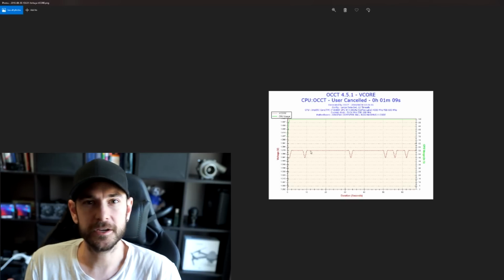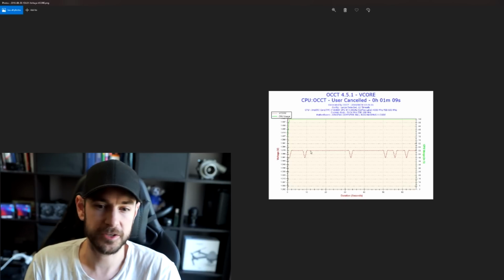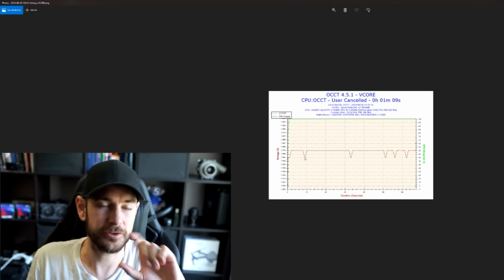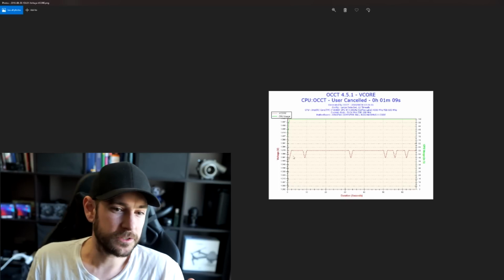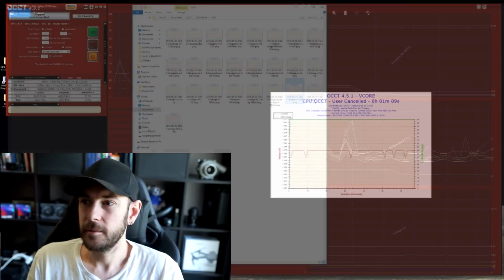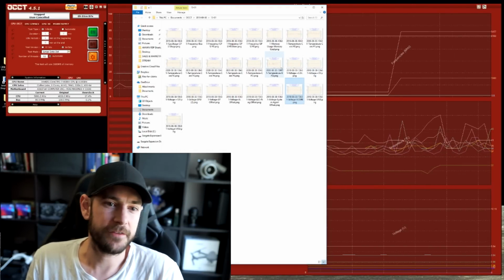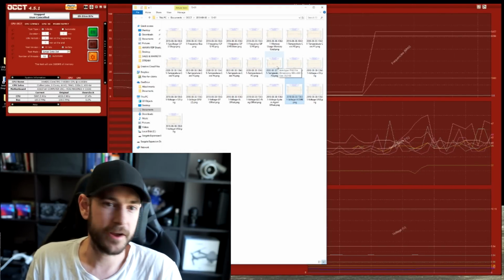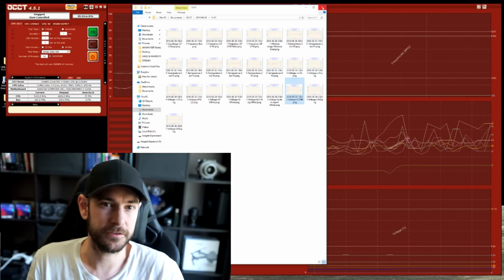Now, importantly, because we're only using the motherboard to measure here, we're not getting a really fine scope of measurement, and it does tend to fluctuate between those two values. So we can probably say that the actual voltage is somewhere around 1.368, but that's not really important here. These logs are really useful to check that everything was working normally and there were no crazy spikes in voltage or temperature through the duration of the test. So that's really valuable. Okay, so if OCCT is passed for you overnight, you're pretty much guaranteed a stable system,